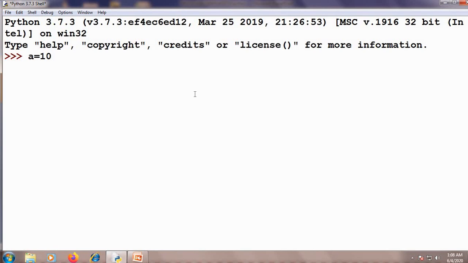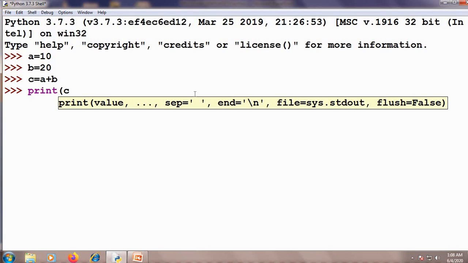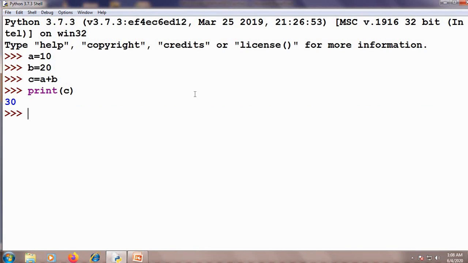This is a simple statement where A is a variable, equal to is an operator, and 10 is a value assigned to A. B equal to 20. C equal to A plus B. This is another statement. You can print the value of C. You can see the answer here, 30.